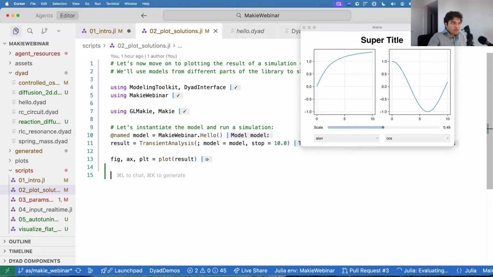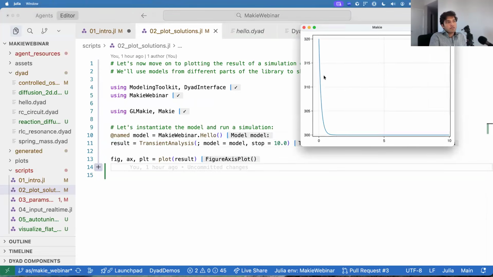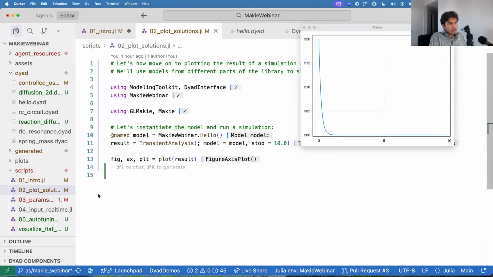Now I can just plot this result. And this can kind of take a while sometimes. Okay, so now you've got this result, right? It's an interactive screen. And you can see that the body is quickly cooling from 320 Kelvin to 300 Kelvin. But you might be asking, what is this trace? Which variable is it? How did it get there? And the way you answer that is